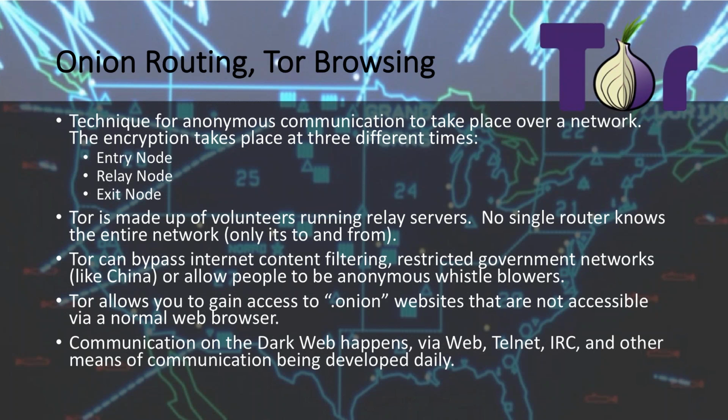Essentially there's an entry node, so that'll be like your computer. Relay nodes will bounce your connection around, so if someone was watching or tracing, they don't actually know where you're going, they just know the to's and froms. If someone interjected themselves inside of a Tor network, they'll only see the data they're getting and their next hop in the relay. Tor as a whole is made up of volunteers running relay servers, and so again, no router knows the entire network, so no one can actually backtrack an entire communication stream where data is coming to and from.